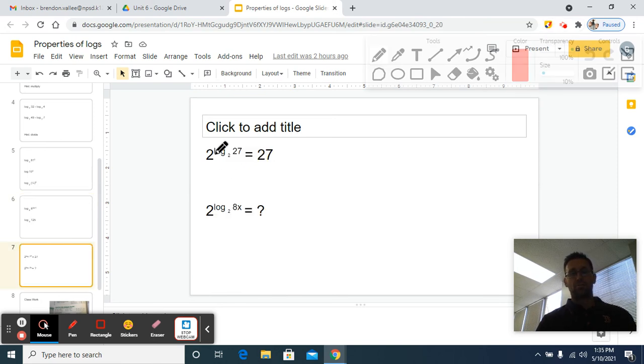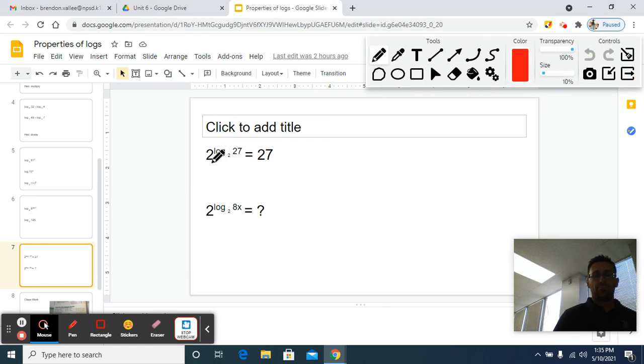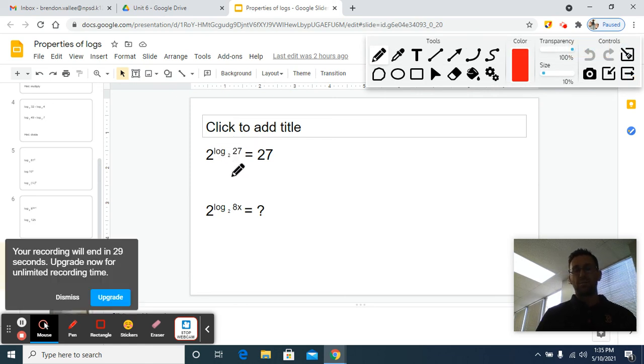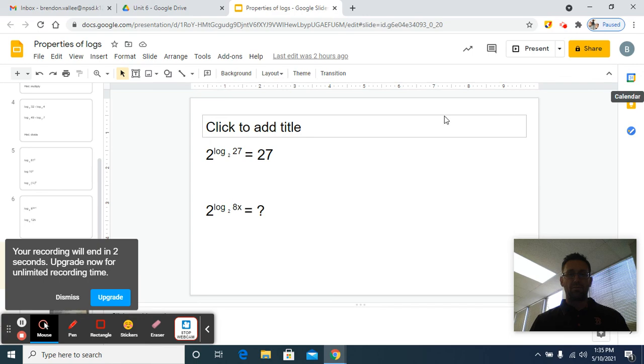And just a little trick here. If you have a log in the exponent, okay, so 2 to the log base 2 of 27, that means the answer is 27. So here I have 2 to the log base 2 of 8x power. If the 2 and the 2 are the same, the answer is 8x. Just like the answer to this one was 27. Just if you see something like that, it's a rule. And that's it. I recommend revisiting